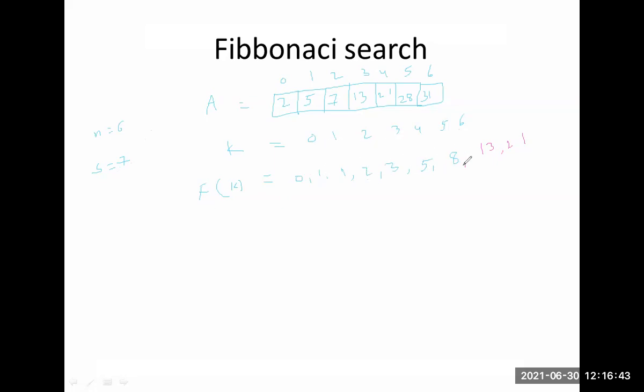Okay. So total k equal to 6 means I consider only 6 values. So this is my first condition here. What is f of k for the kth value? It is 6 here. This value is greater than or equal to n value. So the n value is 8. f of k is 8. Okay, so this value is greater than n. So what is the n value? The n value is 6. So 8 is greater than n. So the condition is true. Okay.